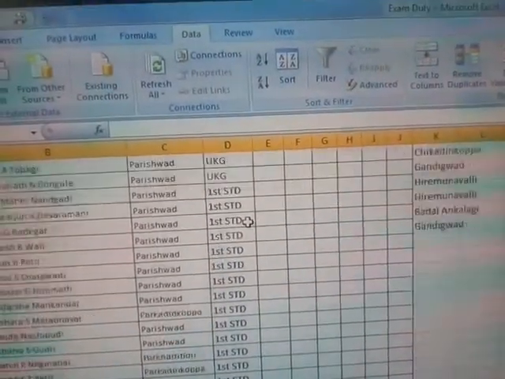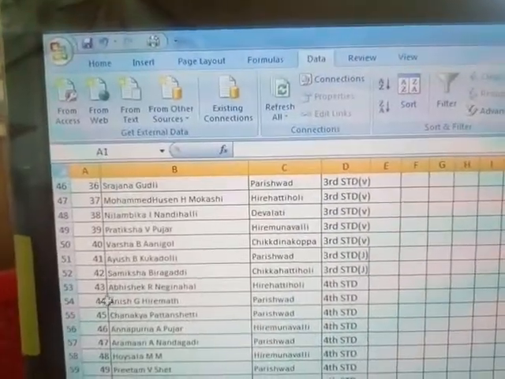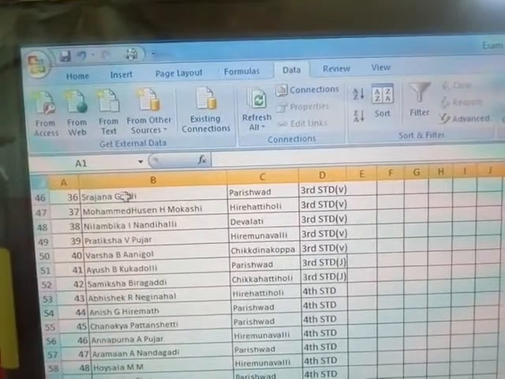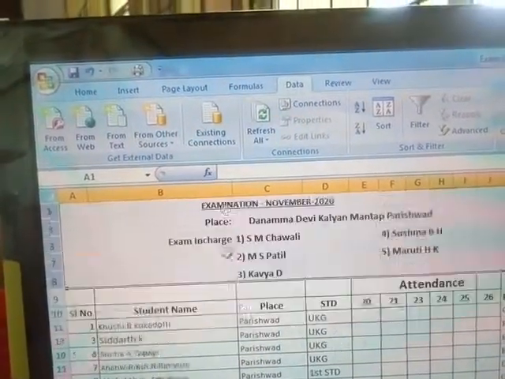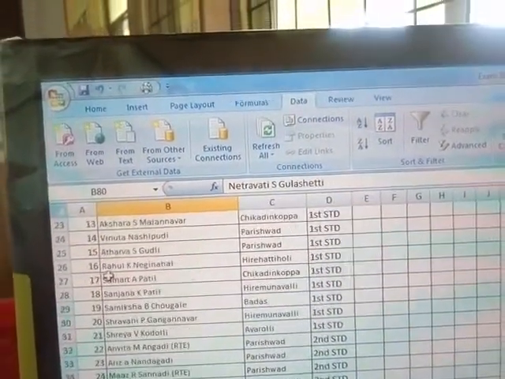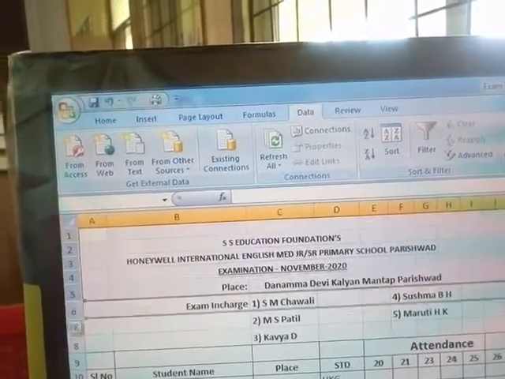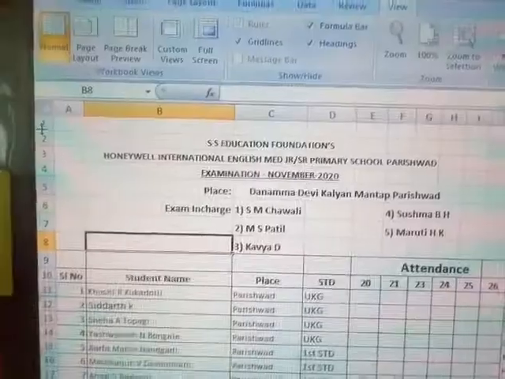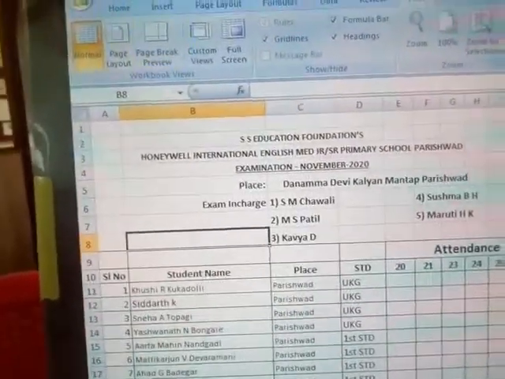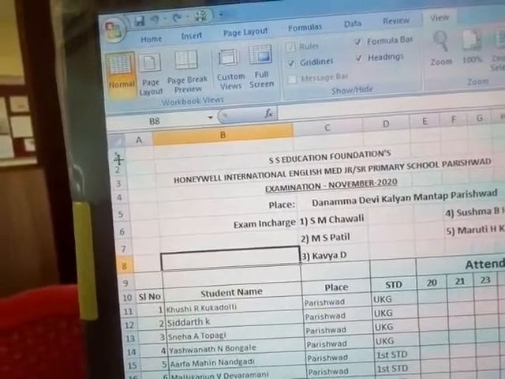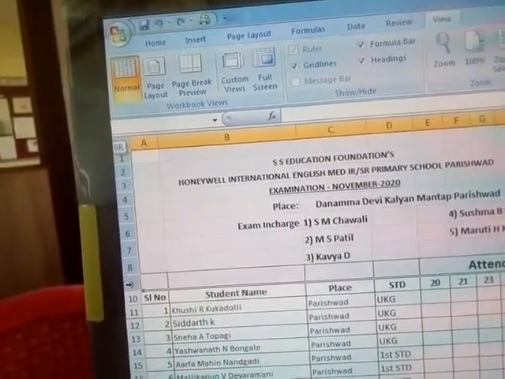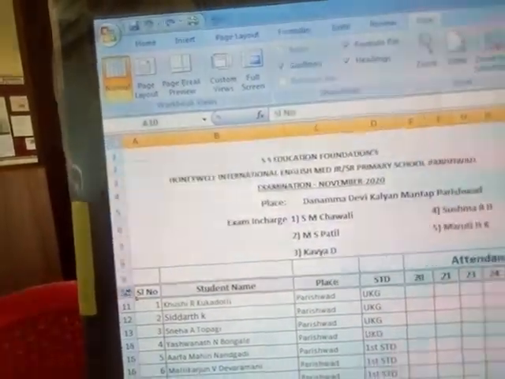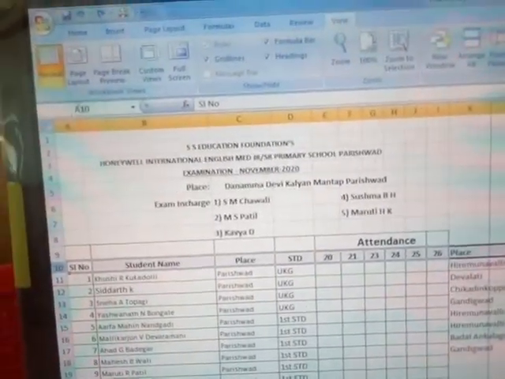So if you are there in this last page 53, you are not able to see what is there in this one. So you have to select this up to this. Whichever data you want to freeze, you have to select here. After selecting 1 to 9, okay, I want student name also, these rows.